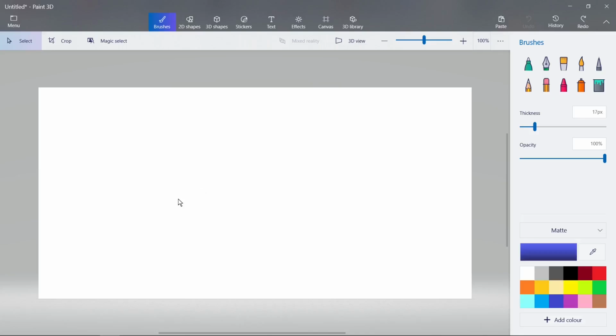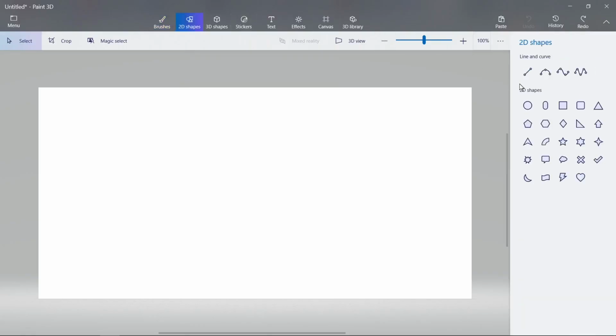Hi, in this tutorial I'm going to show you how to create or add a straight line in Paint 3D. So if you want to do it, you need to move your cursor to the upper side, and after that you need to click on 2D shapes. Now you need to select from the line and curve line, and then you will be able to create a